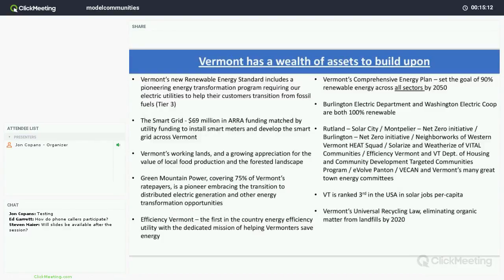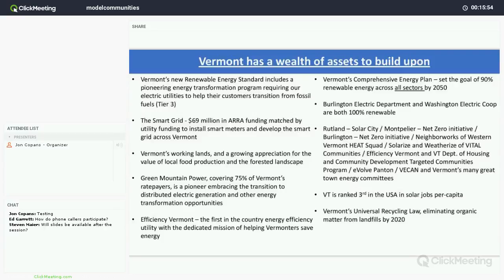We have our Working Lands Initiative here in Vermont, a growing appreciation for the value of local food production and our forested landscape. We have Green Mountain Power, covering 75% of our state's ratepayers, that really is a pioneer. I used to work at the Public Service Department, and when you talk to other states about how their utilities act and how they are resistant to change, you really gain an appreciation for Green Mountain Power's innovative approach in both embracing distributed electric generation and also in helping their customers think about the energy